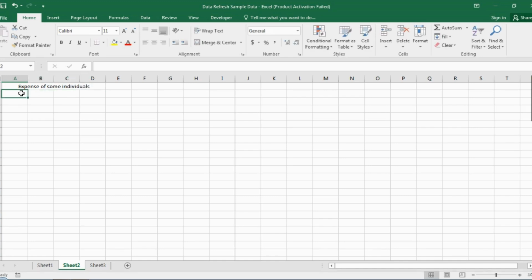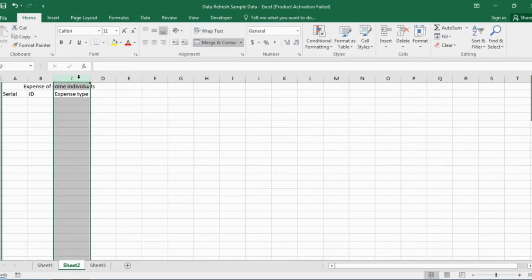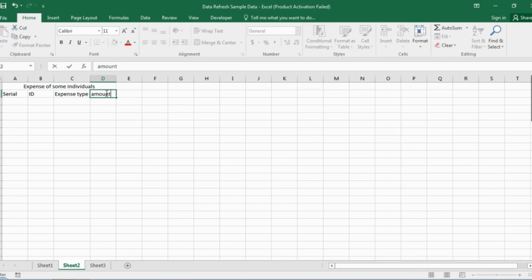In the second row, write serial ID, expense type, and amount. This will be the column name of the table. Select center align,